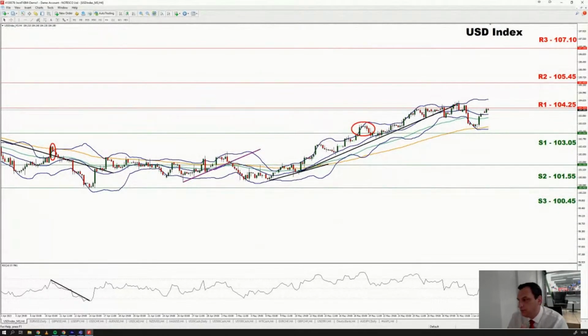Today we're going to be mixing technicals with fundamentals. Note that in front of your screens right now you have the US dollar index. It's the 4-hour chart. All charts to be presented are of the same time frame unless otherwise stated. Now, despite the US dollar dropping over the past few days, you can see it right here, that was on Thursday. It corrected upwards during Friday and seems to be regaining its sideways momentum just below the 104.25 resistance